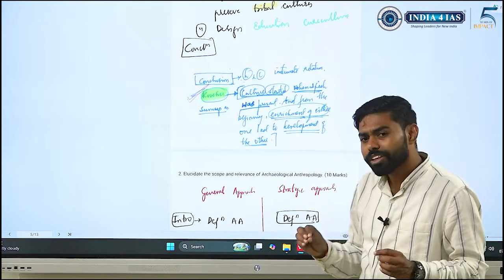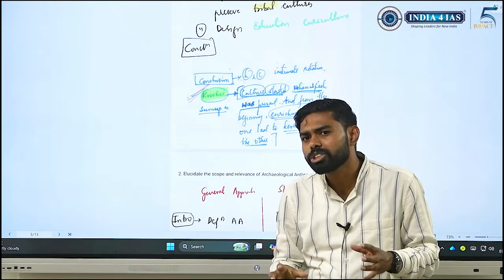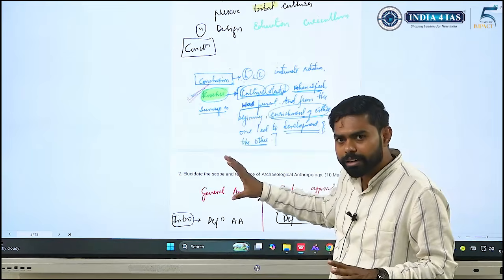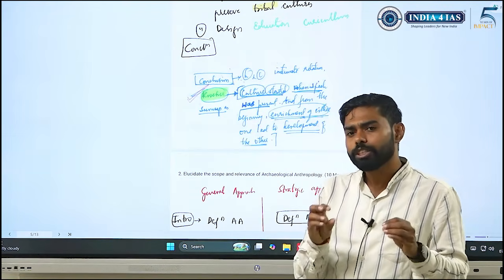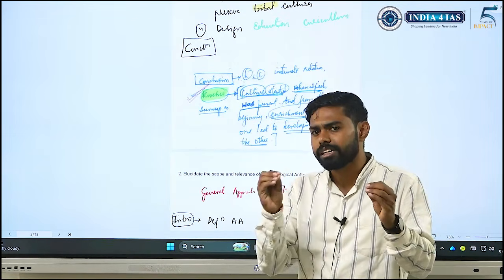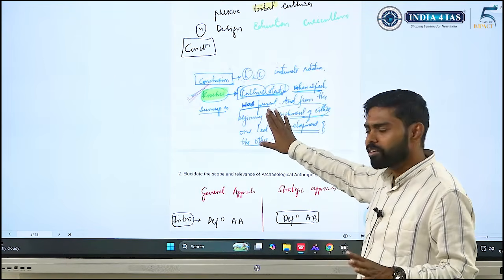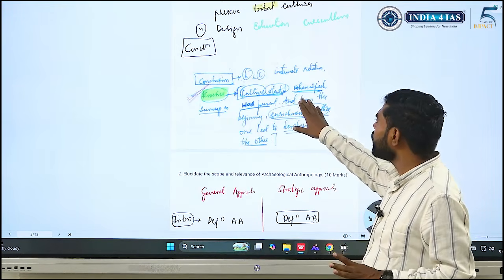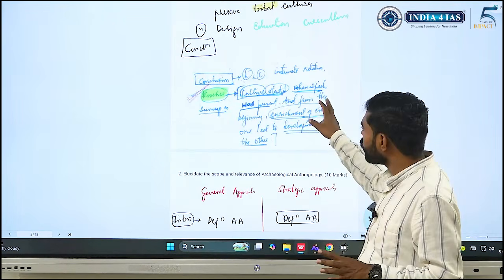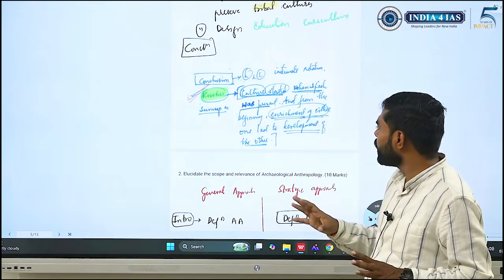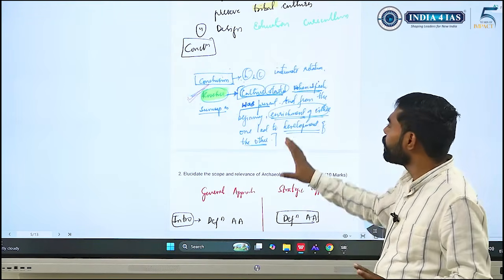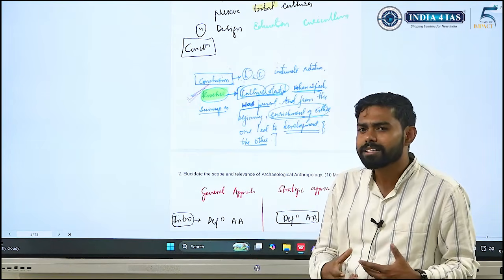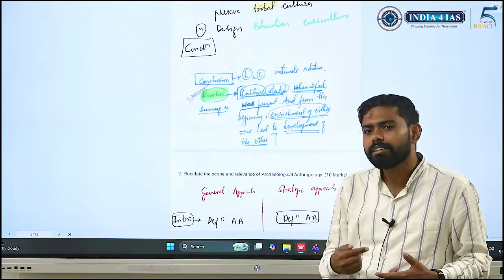And then we need to conclude with some strong quote, or something which is very nuanced in its understanding. Since I was prepared for such questions about the linkage between language and culture, I had this conclusion ready, which the scholar Kroeber used to say: culture started when speech was present, and from the beginning, enrichment of either one led to development of the other. A strong remark by a scholar like Kroeber will give your answer a hint of depth.